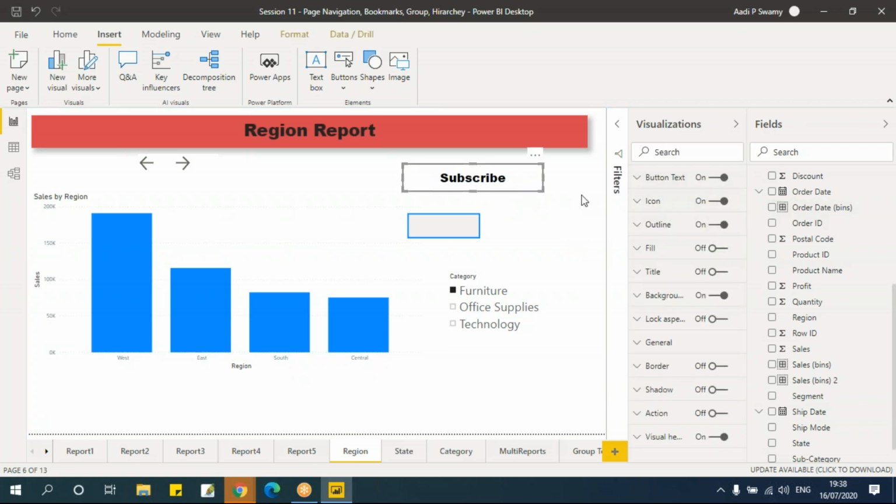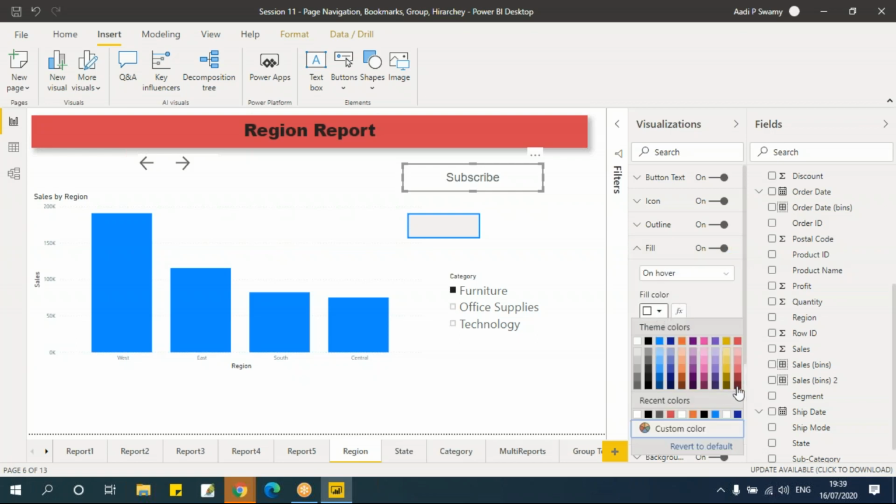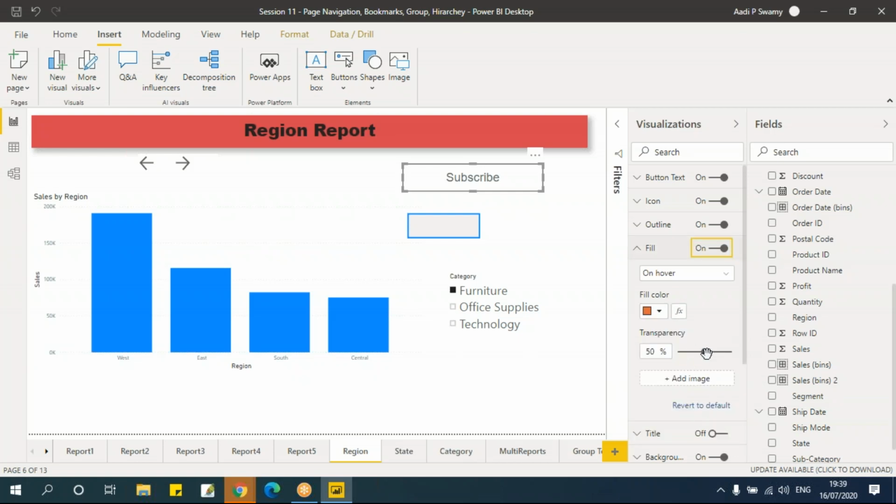We'll also see how we can fill the color here. See, we have this fill color. Enable this. Now here also we have the same kind of option. When I say hover, I want this to be something like this orange color. Here you can specify the transparency like this. I'll just make it as 0. Now I move my cursor here. See,